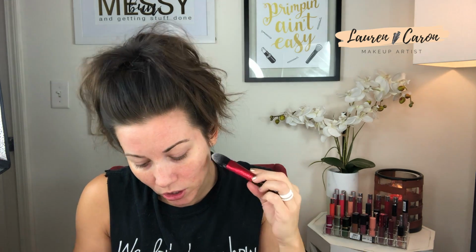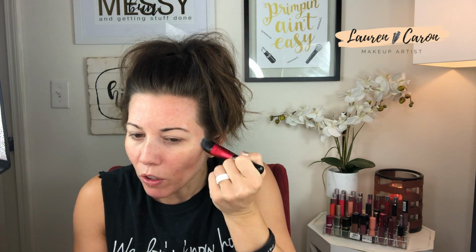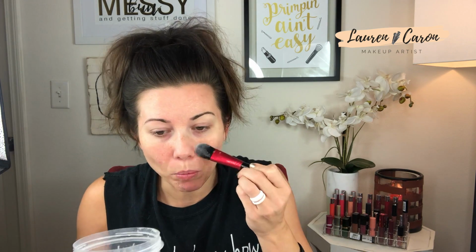The egg whites are definitely what is going to shrink the pores, and those actually are gonna tighten, tone, and shrink the pores. And so they also actually are used to treat acne. So this is kind of a good, well-rounded mask for anybody that's got major skin issues, and this is probably one of the most common ones that I have seen. So you're gonna have a lot left over. Obviously, it's not gonna require an entire egg white to get this mask on your face, but I'm gonna baste it up real nice before I let this sit